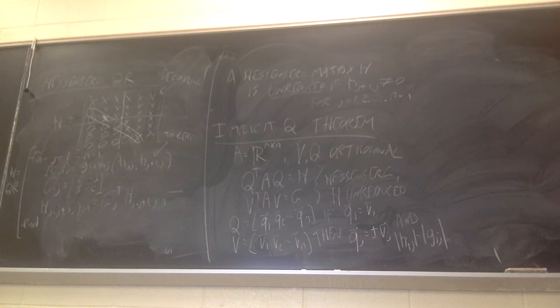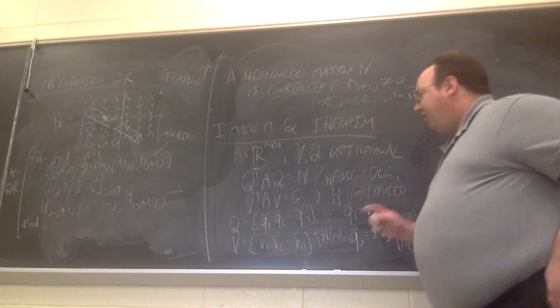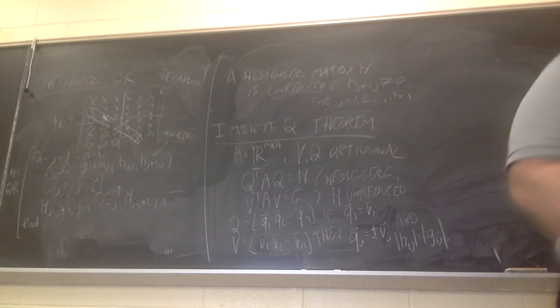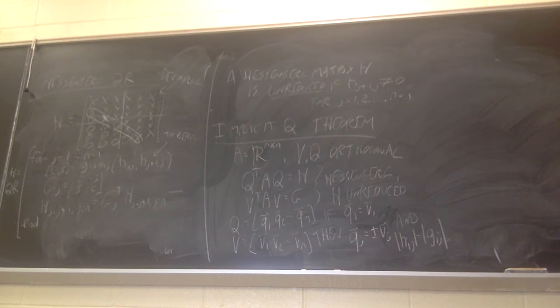So this implicit Q theorem is really describing a uniqueness of the Hessenberg reduction. The transformation that reduces A to Hessenberg form is pretty much entirely determined by the first column. And that's really the only reason we have an effective algorithm for computing eigenvalues of a general matrix, even if they're complex. Without this, it just wouldn't happen. So it really was something that saved the day, as I'll get into on Wednesday.